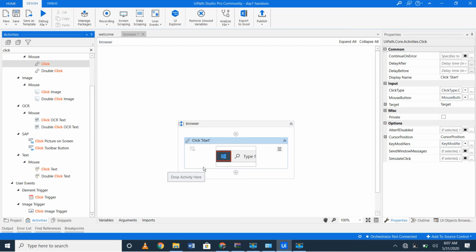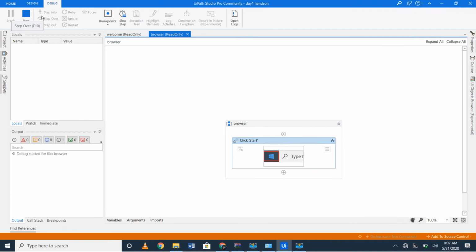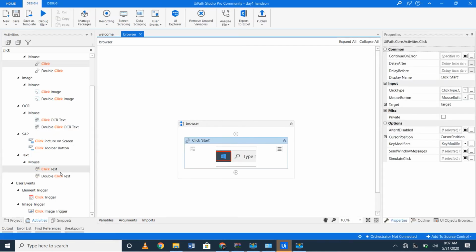So now I save, and if I run this file, the execution is starting. So the day one execution has started. Now you can see it goes to my window.